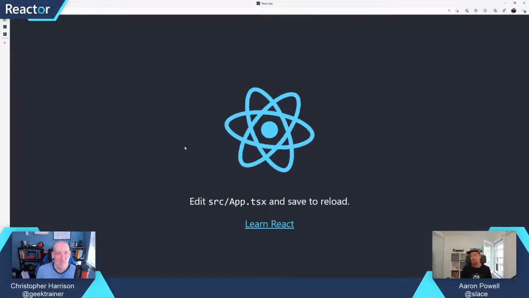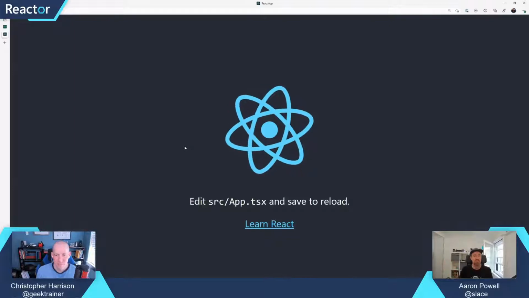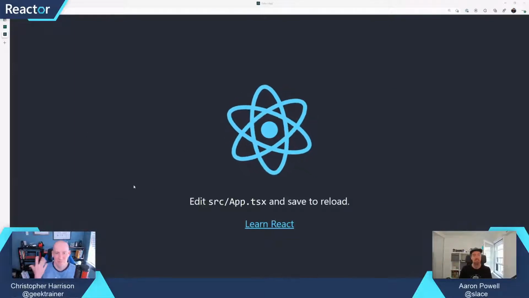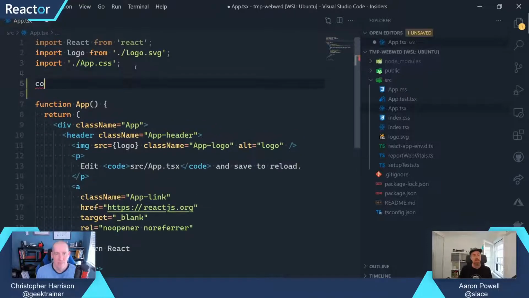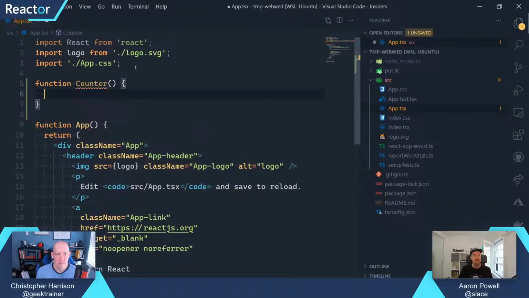Yep, there we go. Our React application is working. It's ready to ship to production because that's as complex as the application needs to be. But let's go with the canonical example and build a counter component. So we'll create a component, and I'm going to do this as a function component. So we'll call that Counter. And then this is just going to return